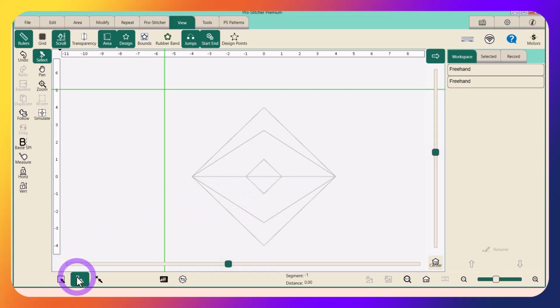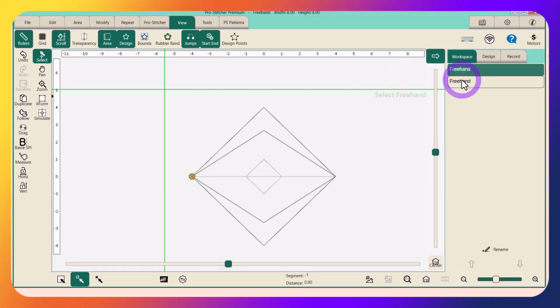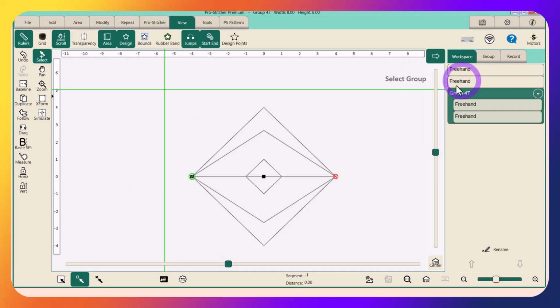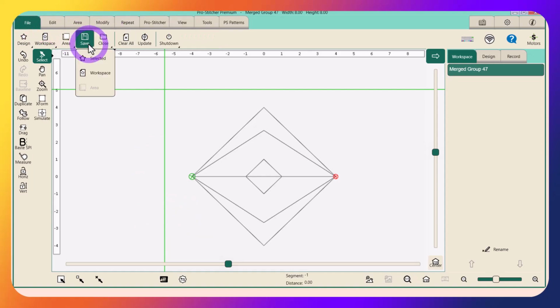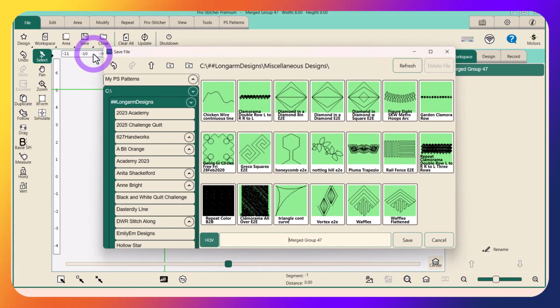So if I click Multi-Select, select the first one I did, and then the second one, it will combine them, turn off Multi-Select, baseline, and now I have a new design that I would do File, Save, Selected, rename it,